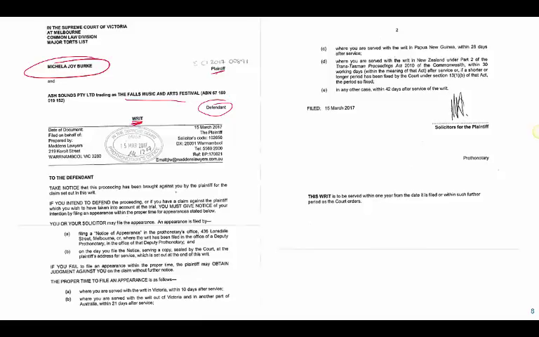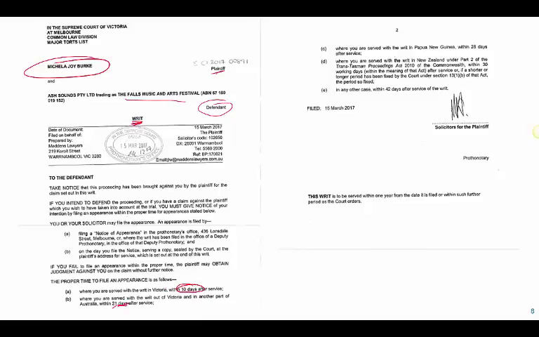This action has been brought against you by the plaintiff for the claim set out in this writ. If you intend to defend the proceeding, you must give notice. Notice of appearance must be filed, and here's our timelines. If you are served with the writ in Victoria, within 10 days, not 4 weeks as I said, I apologise,